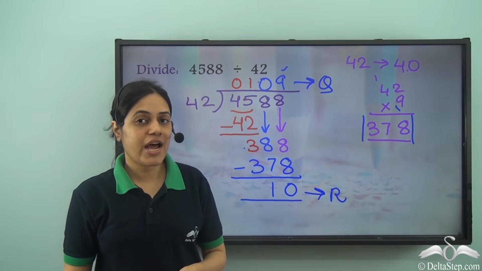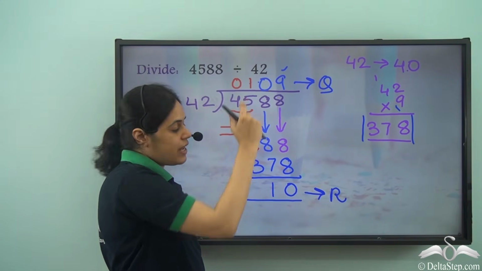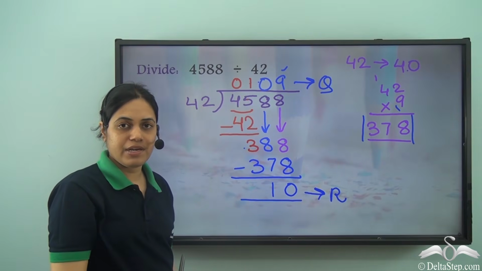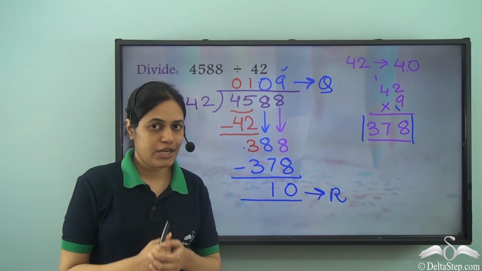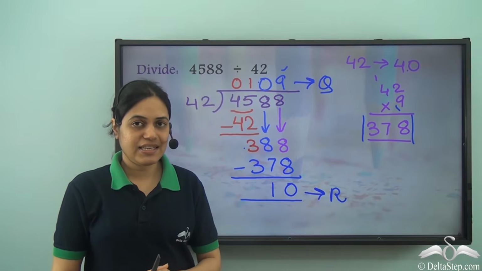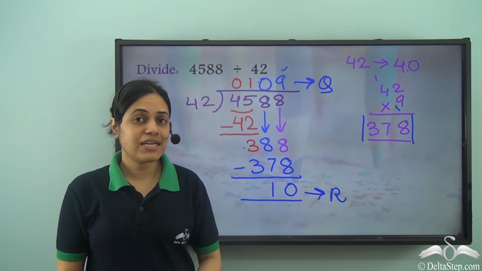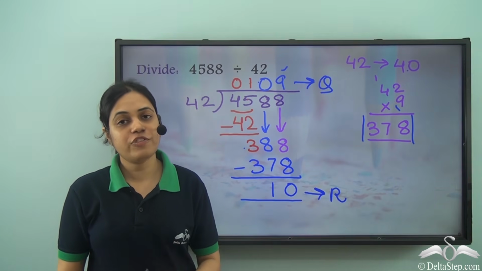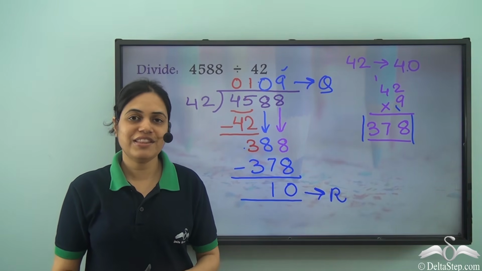Now you can try and multiply divisor by quotient and then add the remainder to check whether you get the dividend or not. If you get the dividend, then yes, this division is correct. So practice many more divisions of this type, that is dividing by a two-digit number, till you get them all correct.